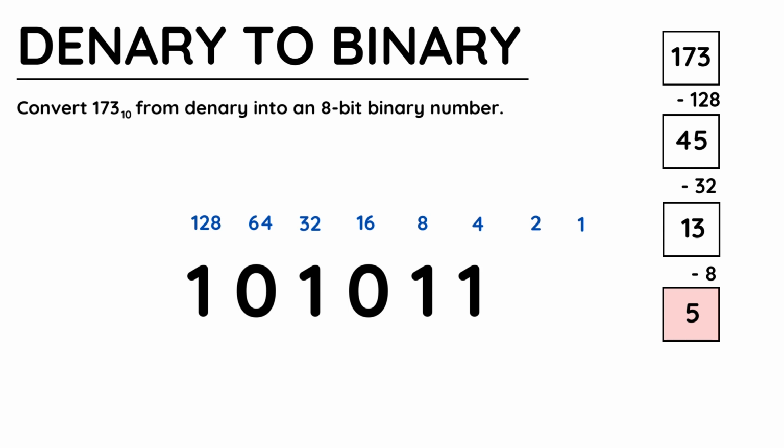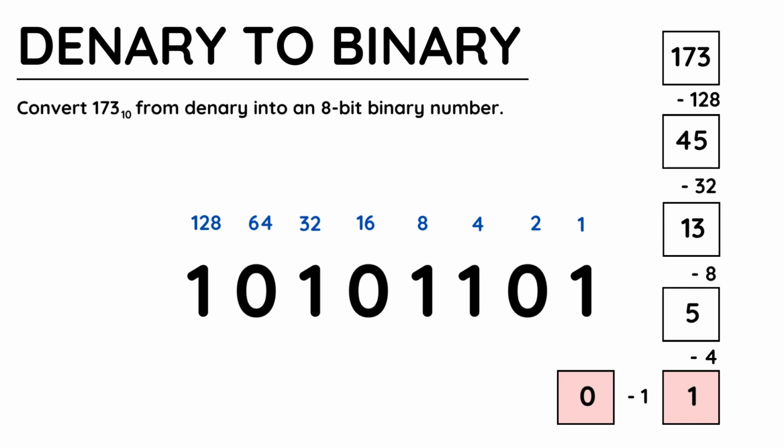4 goes into 5, so I write 1 beneath 4. Taking 4 from 5 gives just 1 remaining, and now I look at 2. 2 does not fit inside 1, so it's a 0 to place beneath the number 2. Next I compare 1 with 1. 1 fits perfectly into 1, so I place a 1 beneath it. Taking 1 from 1 obviously gives 0, and when you've got to 0, you know that the number from then on will all be zeros, but we're at the least significant bit, the LSB, anyway, and we're at the end of our number. Writing out the final answer next to the original question, you can see that 173 is equal